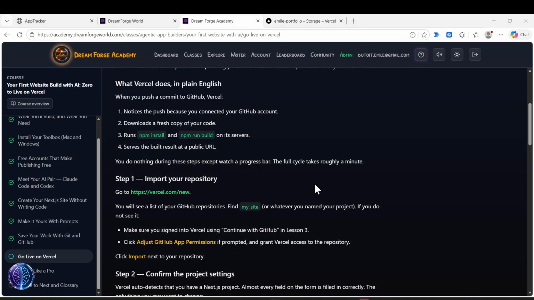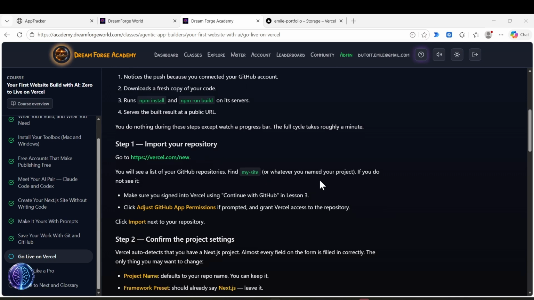So just work through these steps, and then you'll be able to link your GitHub with your Vercel. And then what happens is when you push your repository from your local drive to GitHub, and it links to Vercel, the build will automatically be triggered. If it doesn't, tell your agent that you are trying to integrate GitHub with Vercel in such a way that when you push your changes or updates, the deploy must start on Vercel automatically.